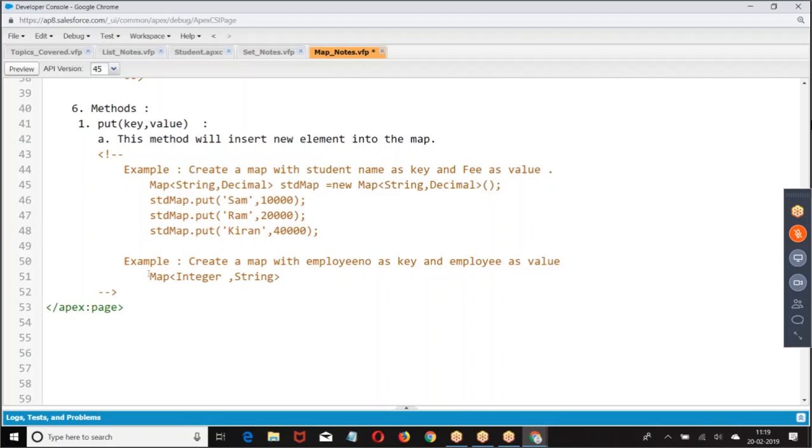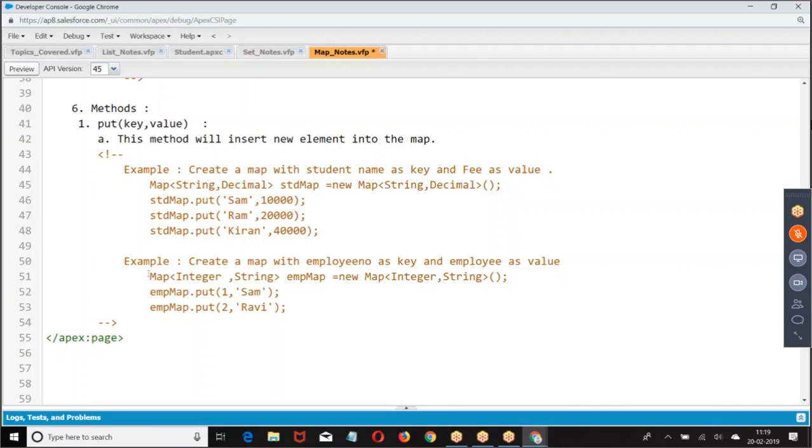Whatever the format you have chosen, as per that, you will take it. This is how I created.